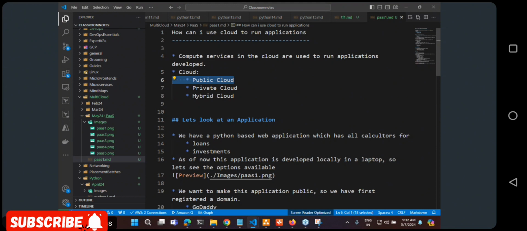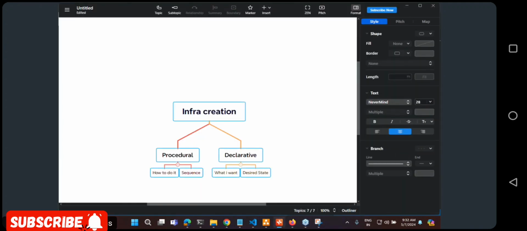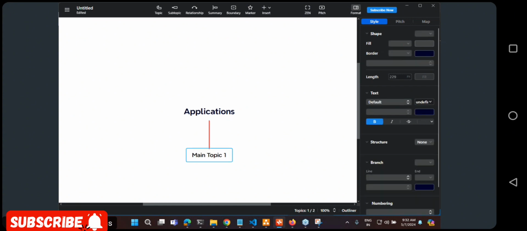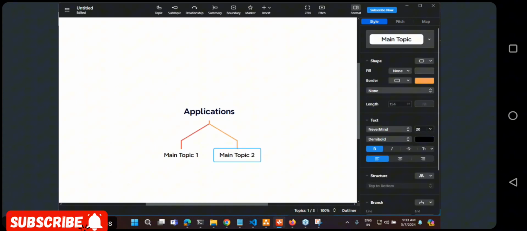To deploy your application, you have multiple options. If I want to summarize those options, I have not spoken about one option, but I'll include that in this image. So first is on-prem. In on-prem you have options like physical server, virtual machines.